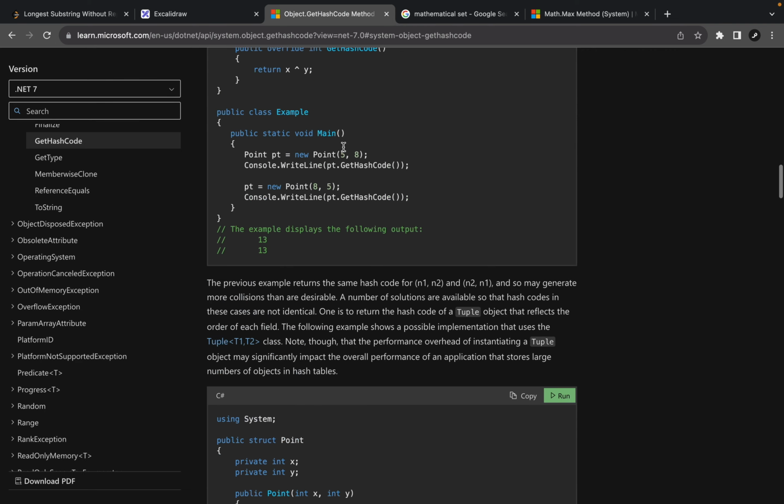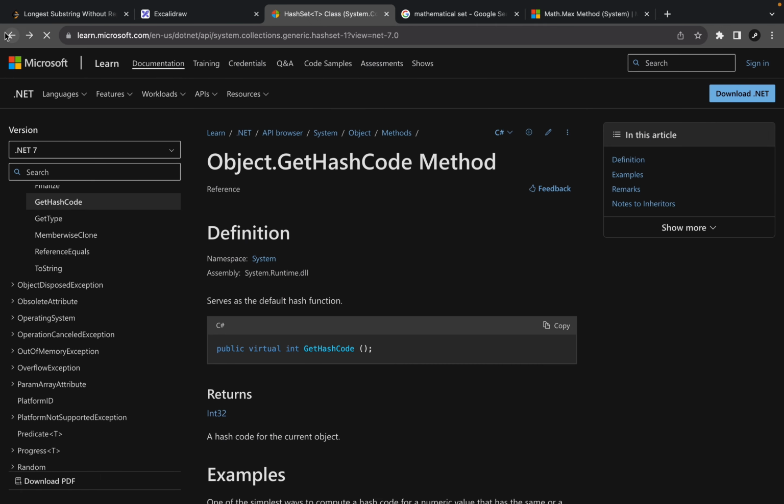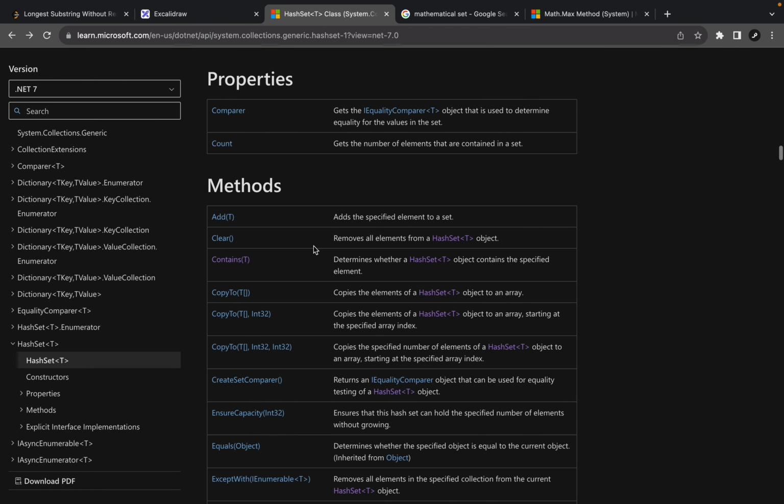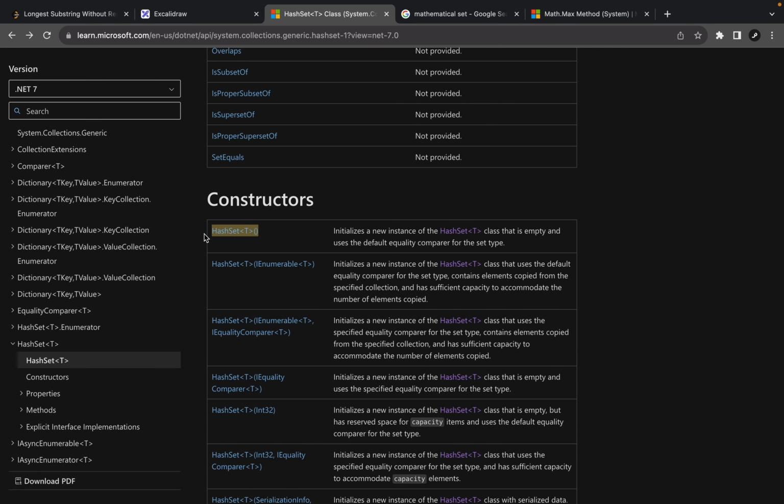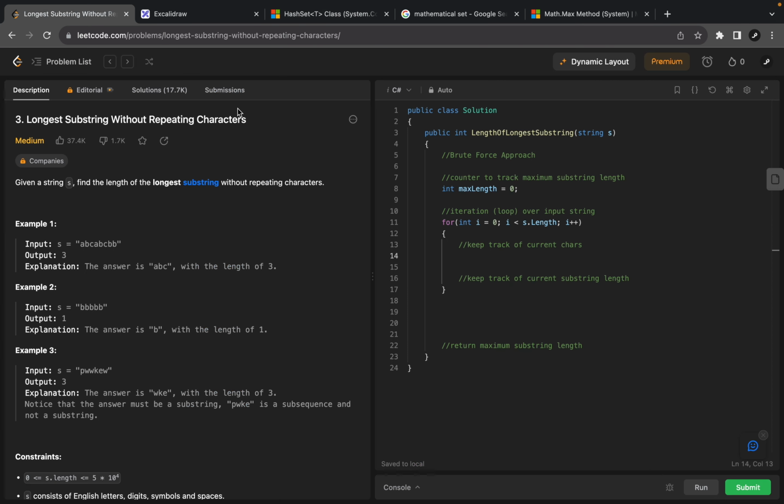So with that, we're going to use our hash set to store our characters. And how we're going to do that is by using this constructor right here, which initializes a new instance of the HashSet class that is empty and uses the default equality comparer for the set type. So just like we saw in the docs, we're going to create a variable of type HashSet of type char, call it charSet, equal to new HashSet,